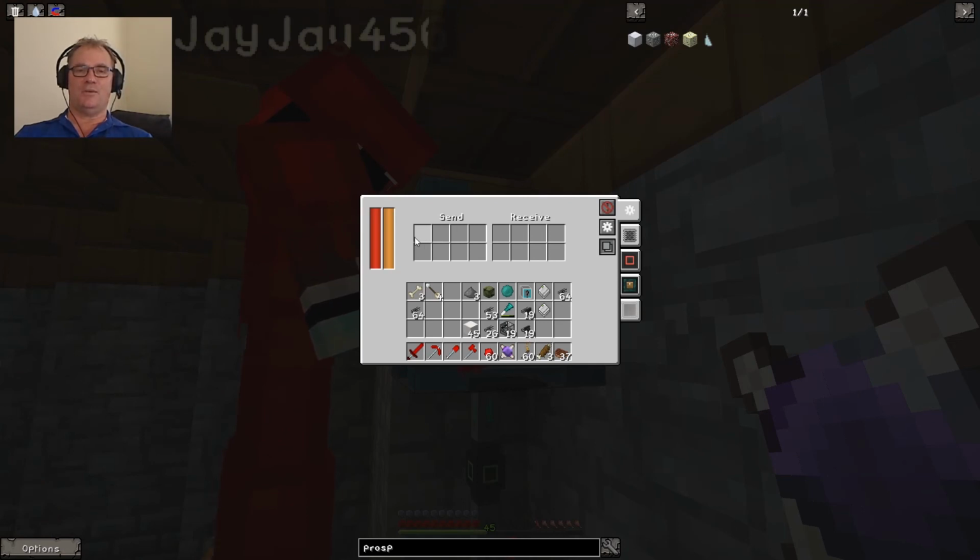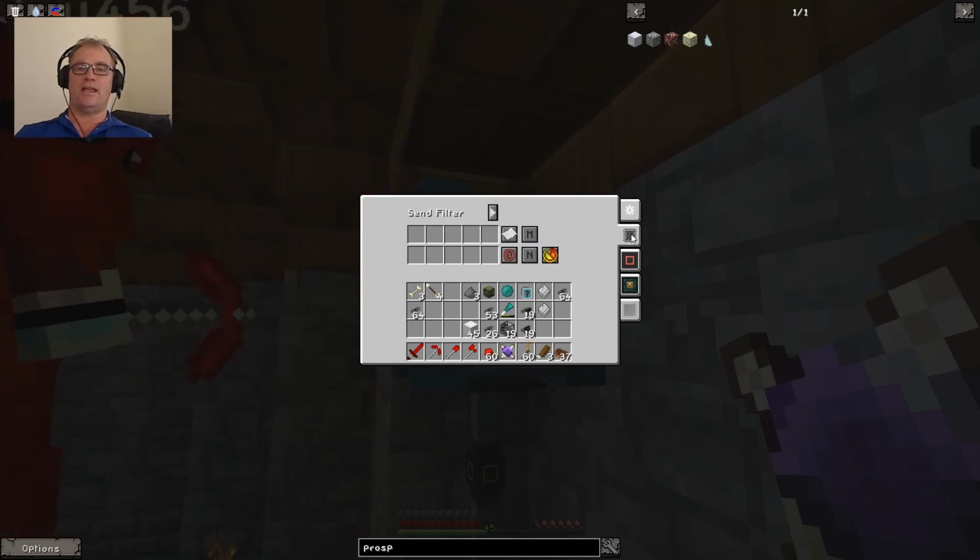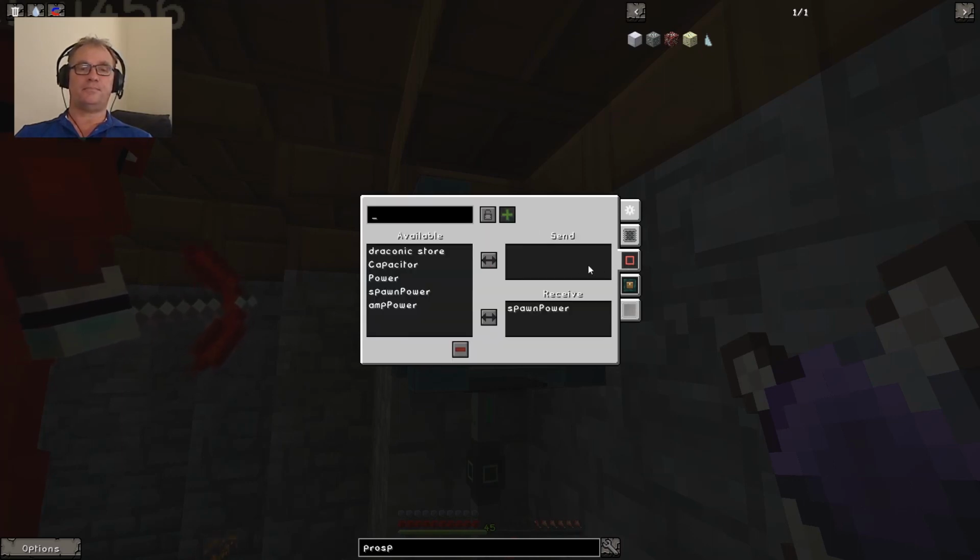So the top button here is the settings. So you can see what's sending and receiving in there. The next one down is your filter. So you can actually have a whitelist or a blacklist of what you want to go through. The next one, and this is what we're using this one for, is the black and red square. That's the power. Now, don't mind all this available power here. I don't know whether you can see it or not, but because I placed this down, I can see all my